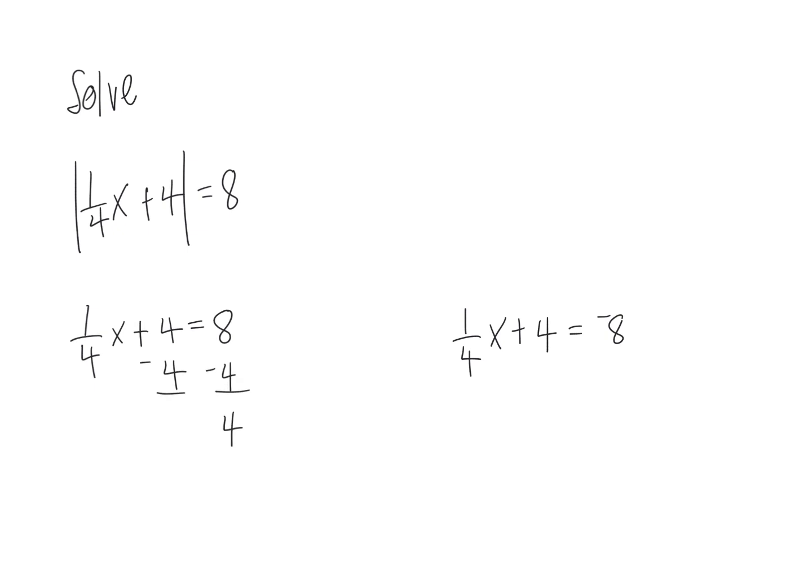And for the first one, I get 4 equals a fourth x. To get this x by itself, I need to get rid of the 1/4 really. I can multiply by 4, and that will get my x by itself. But what you do to one side, you must do to the other. So I get 16 right there. And then if I subtract 4 from this side,